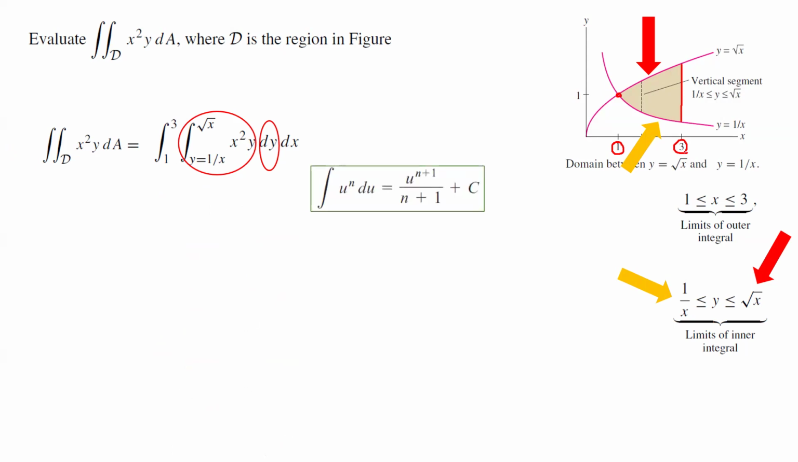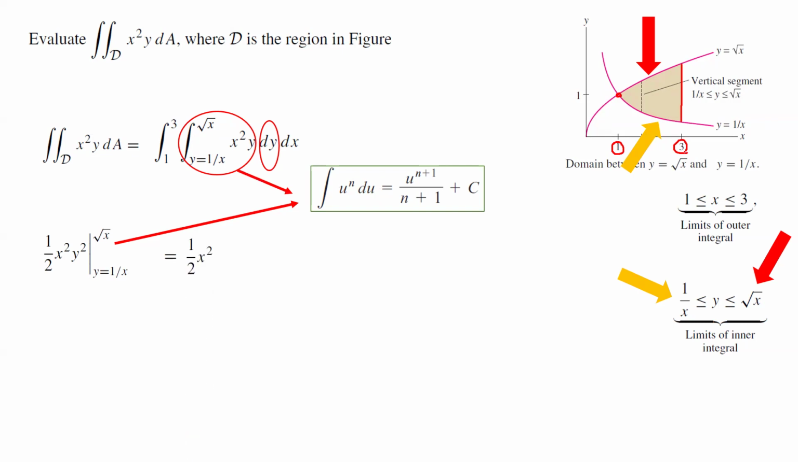Remember that from elementary calculus, the integral of u to the n du is u to power n plus 1 divided by n plus 1. We're going to apply this rule here for the integral of y dy. X acts like a constant in this case. So you have a half x squared, y squared, and y is bounded between 1 over x and square root of x,